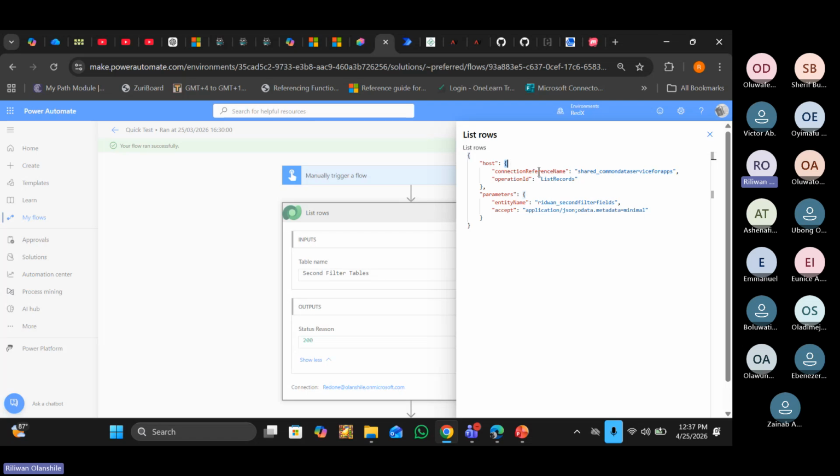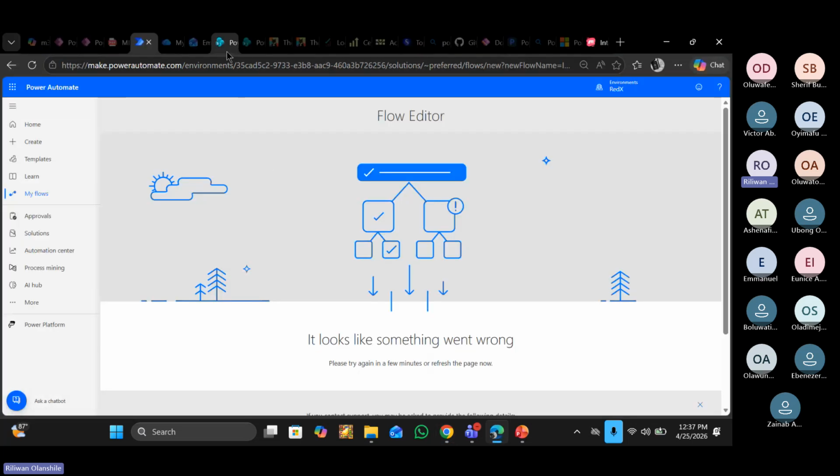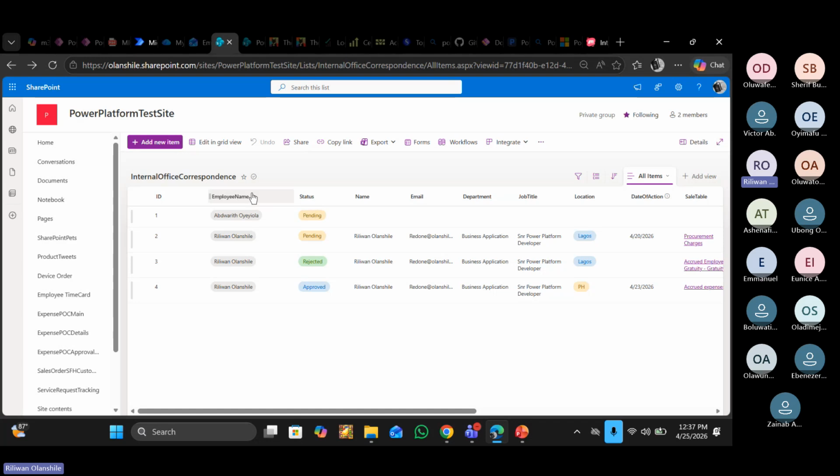That object is now what? Say this particular connection reference name I have here is my first name. What you are looking at on the left-hand side that I've highlighted here is what you call the key, which is usually a column name, if you are putting it in database terms. So this connection reference name here is synonymous to, if I come to my SharePoint list here, this particular header you have here. This is synonymous to the key. So the employee name for this particular record is the key. The employee name is the key.